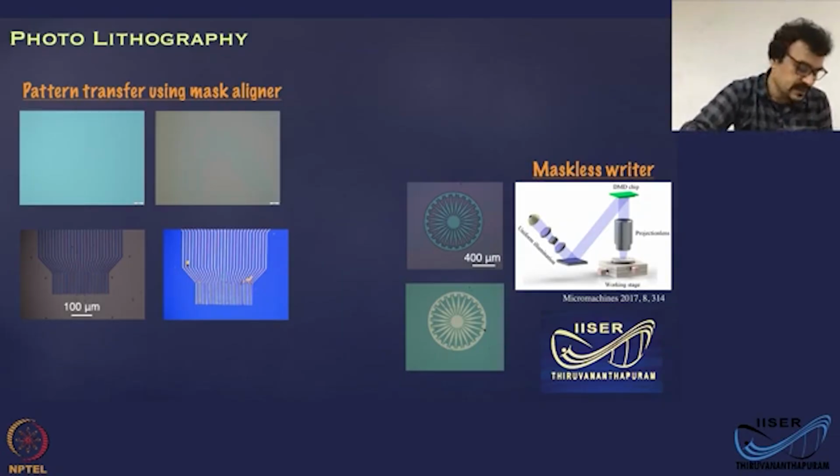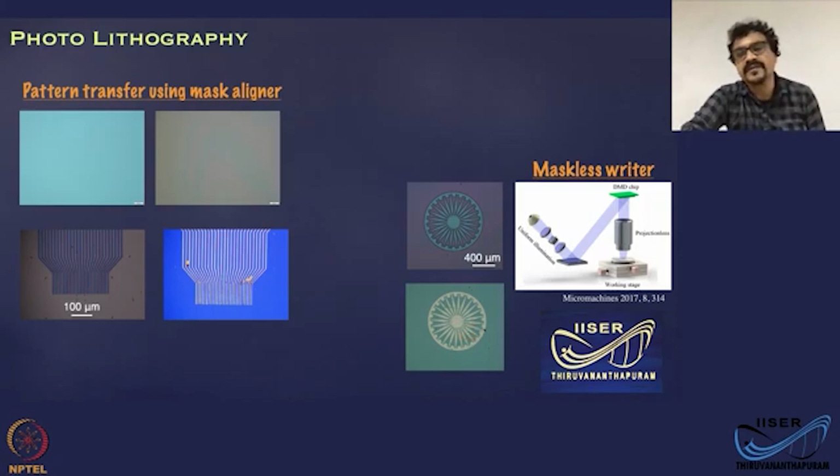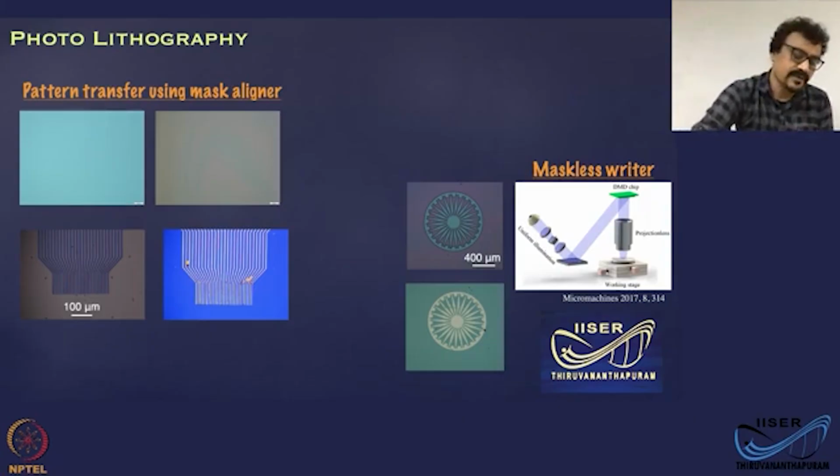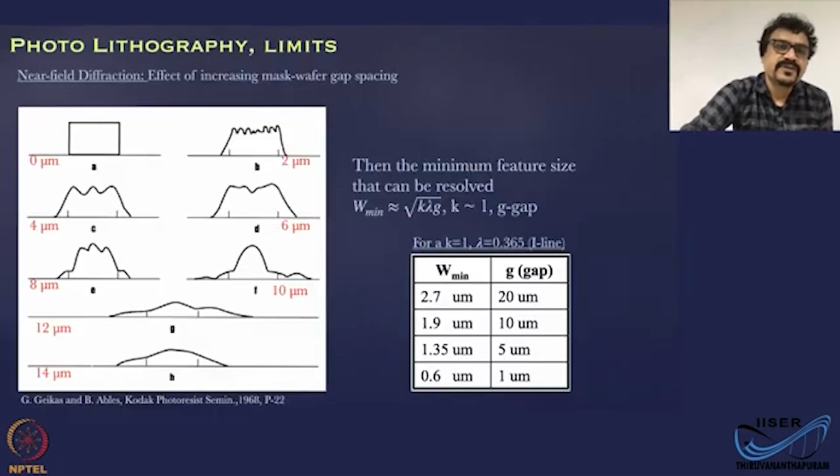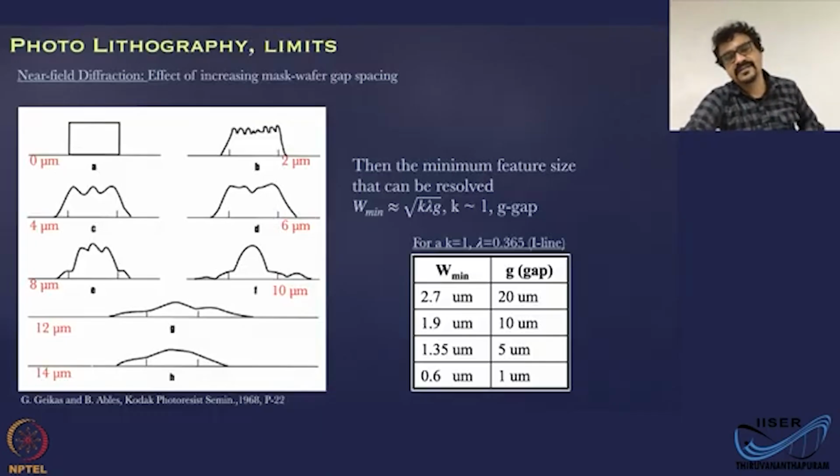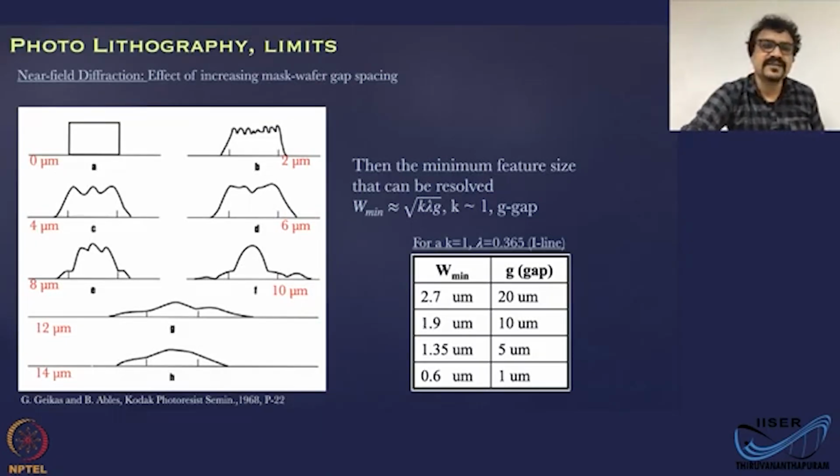So now we have gone through the basic lithography process for creating patterns down to a few micrometers. For example, here these thin lines are a couple of micrometers in width, and here the center of the chariot wheel is like 200 micrometer, and these arms are a few micrometers wide. This photolithography involves light,